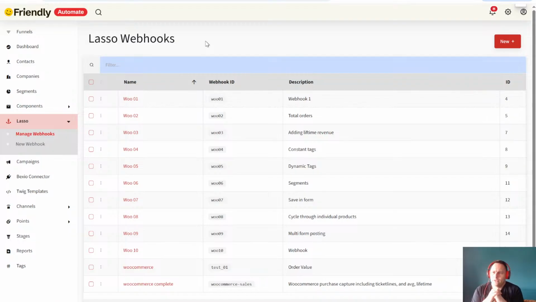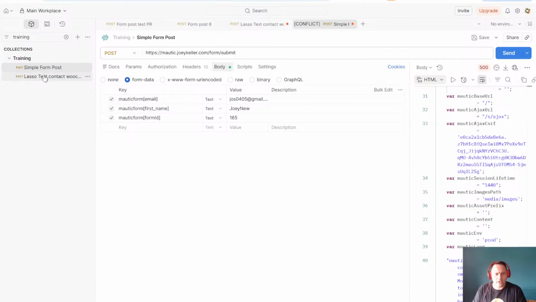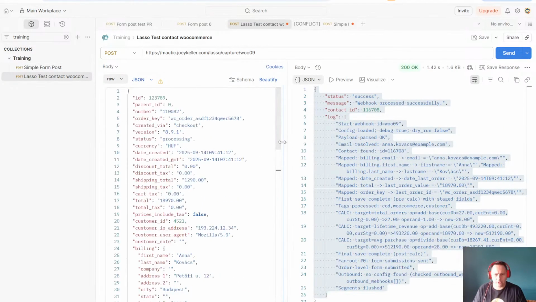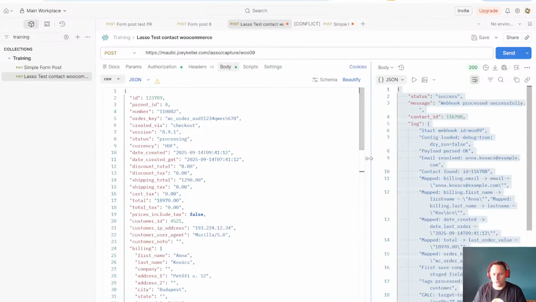What I really wanted to have is a plugin where I can post any kind of information to any webhook, and I should be able to capture any webhook imaginable. And what do I mean by that? So what I mean by that is, if I come here and check how a webhook looks like actually for WooCommerce, for example,